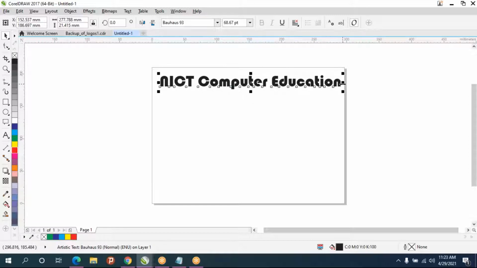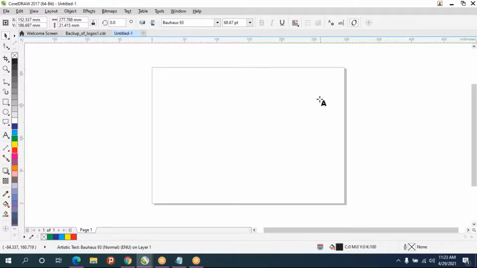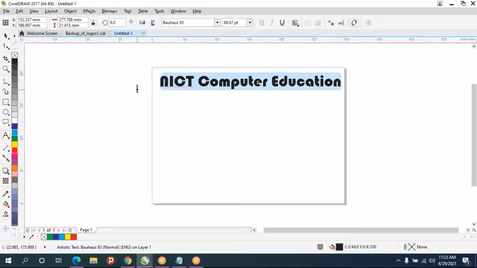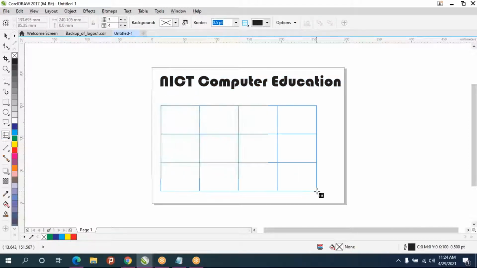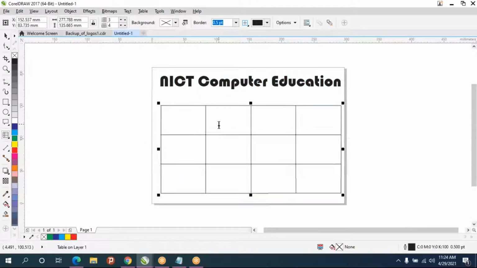Okay. So if you want to edit more, before that, if you long press on the text tool, you will get table option also. Here they give table as a tool. Click on the table option and you can just drag it.